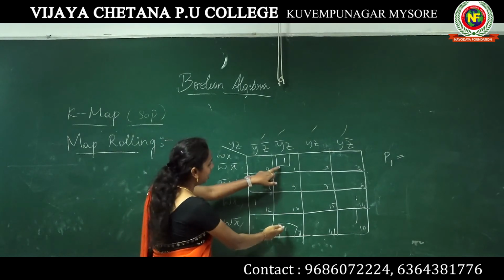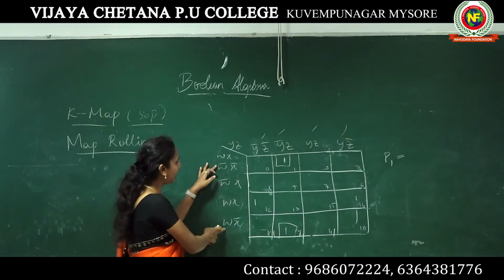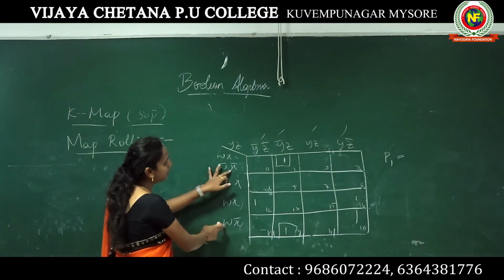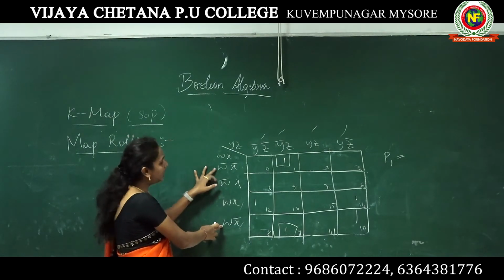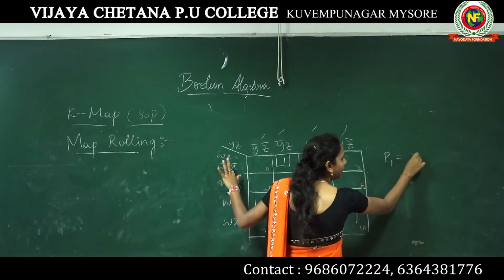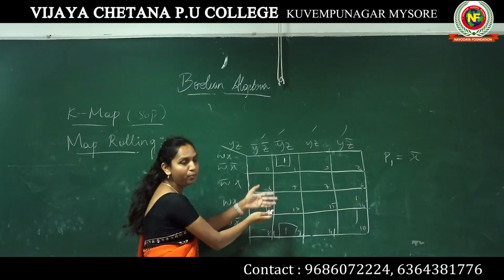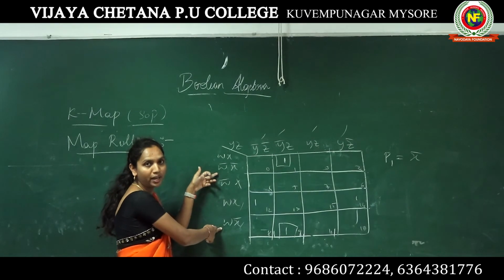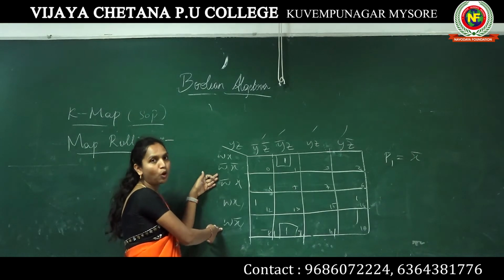Okay. So now in vertical I'll take these 2 variables, in horizontal I'll take these 2 variables and compare them. When I compare these 2 variables, the common thing here is x bar. Only w bar and w will be on opposite sides, so they will be cancelled. Here x bar is common. I'm just writing it here. Don't get confused: when you are rolling this map, these become together. That's why I'm comparing these 2 variables to solve the problem.